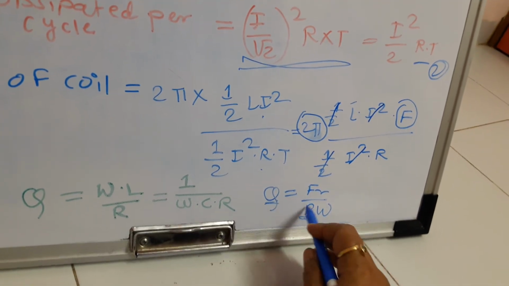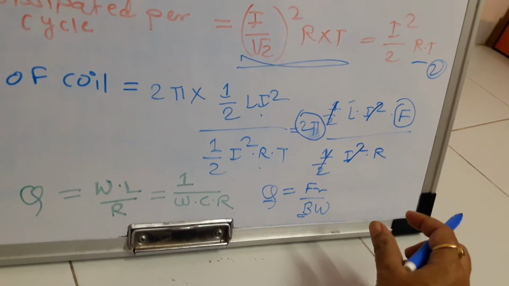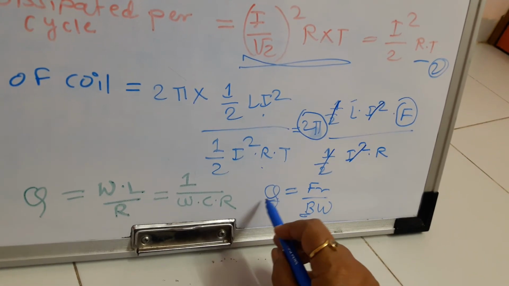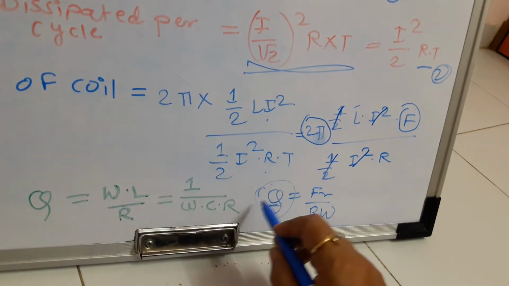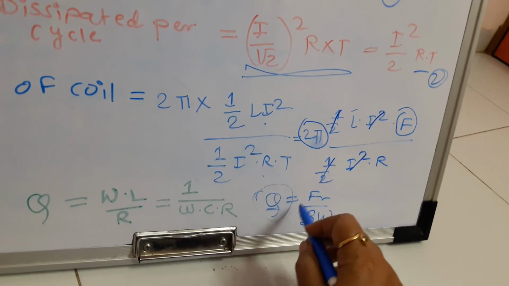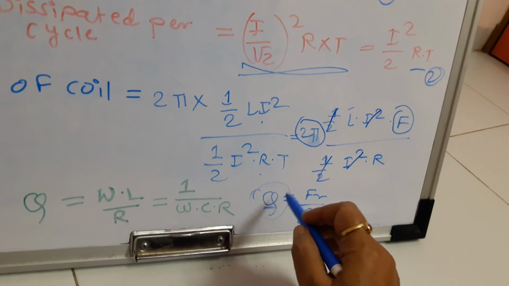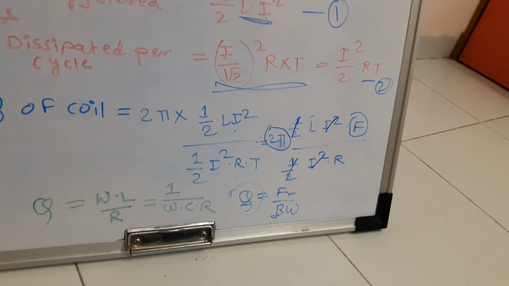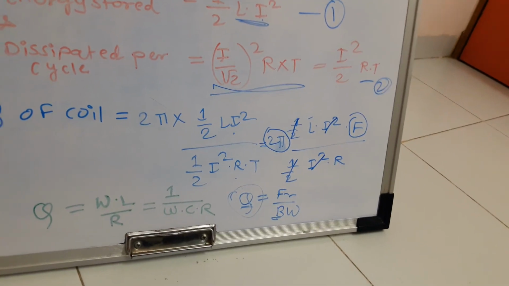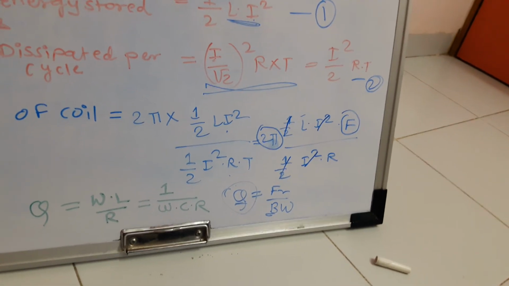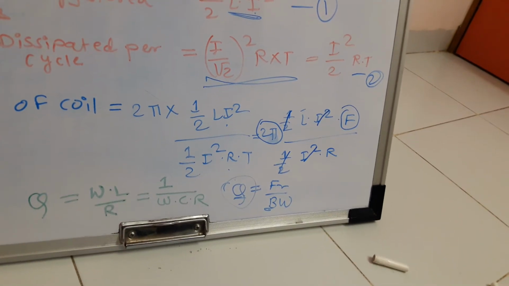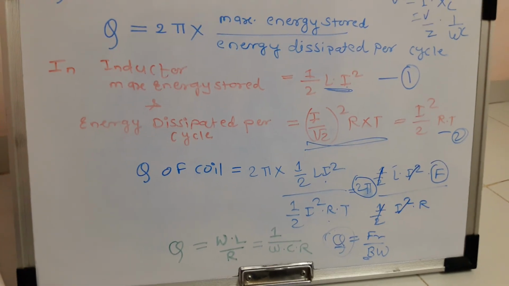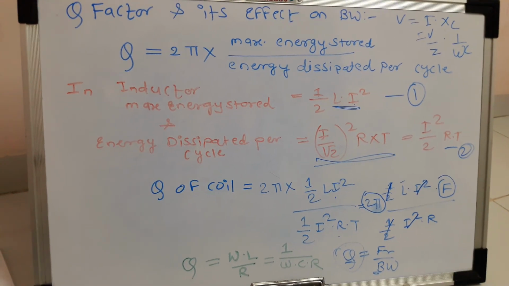But if we reduce this bandwidth, the range of frequencies over which 70.7% value for the current is obtained is reduced, then we can get better value of Q. That is, we will have a sharp filter with very small selectivity value. So this is nothing but relation between Q, FR and bandwidth. Higher value of circuit Q results in smaller bandwidth, whereas lower value of Q results in larger bandwidth. So these are important topics we need to consider for series resonant circuit.